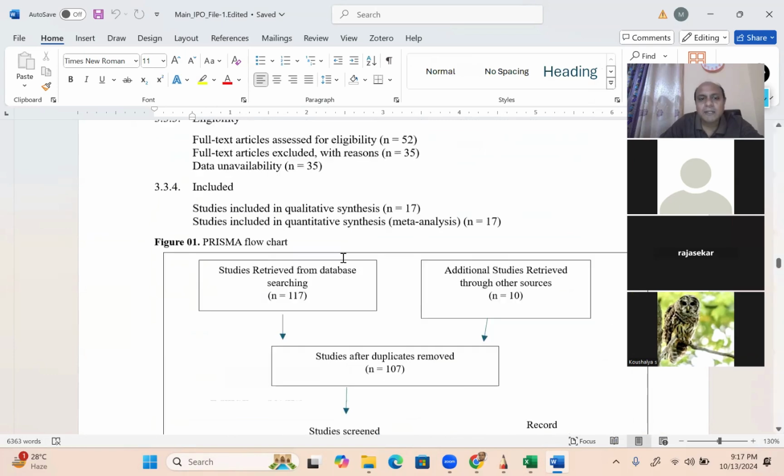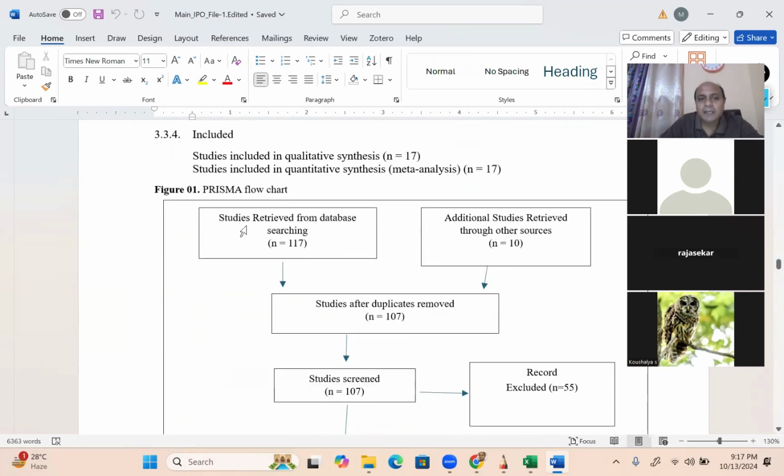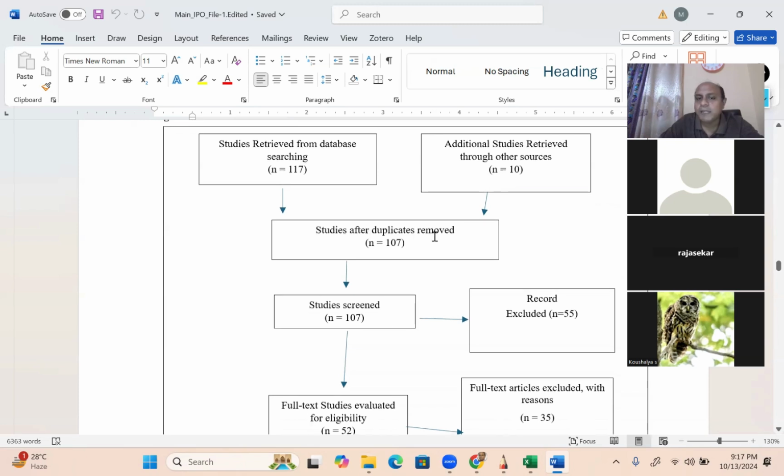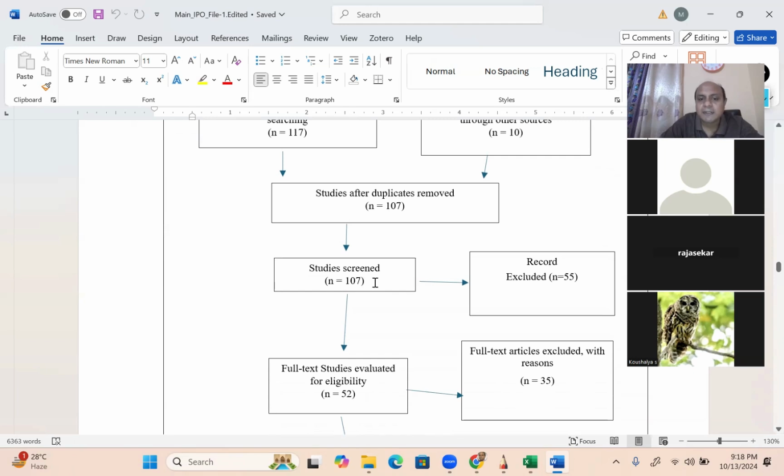You see, a very clear flowchart, PRISMA flowchart. I have studies retrieved from database searching, 117, simple. Additional studies, I mean from other sources, number of articles 10. From there, studies after duplicates removed, 107. There are duplicate studies from the 2 different sources I have collected, so I removed those. Then studies screened 107, and after screening, records excluded, meaning that some exclusion criteria are